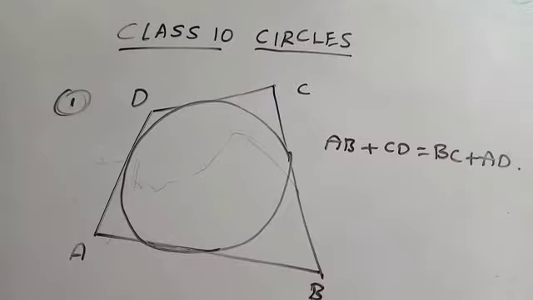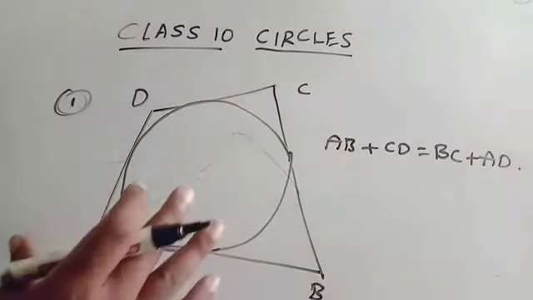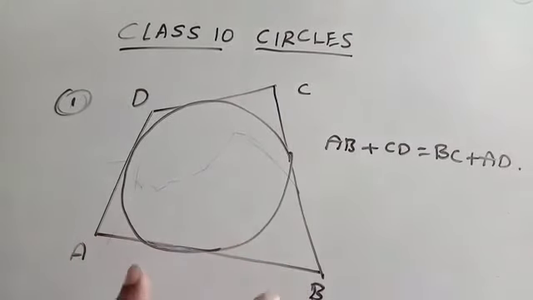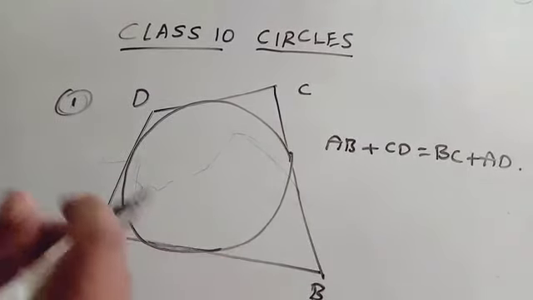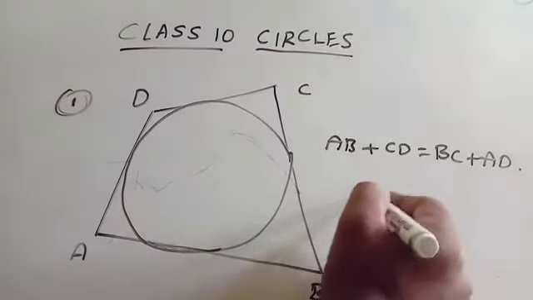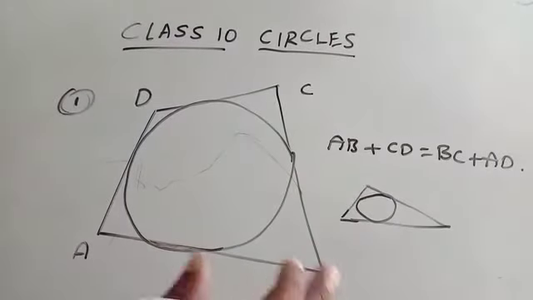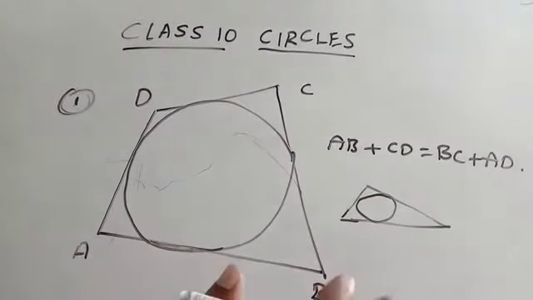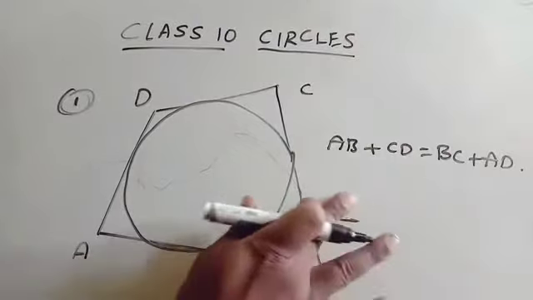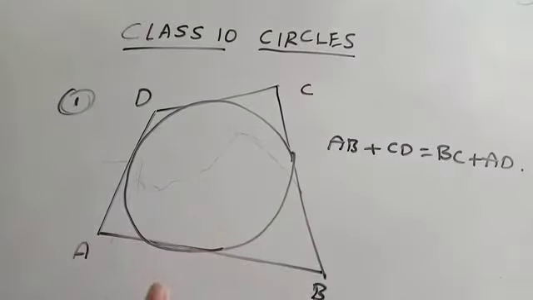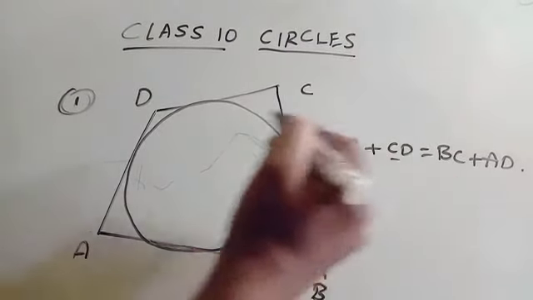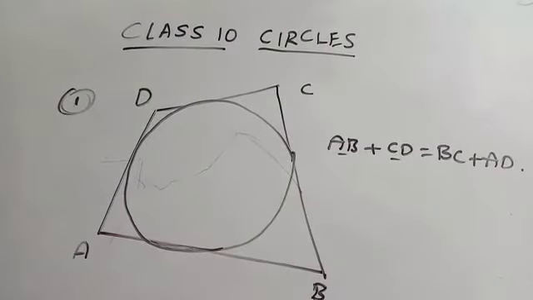Okay, shall I explain? It means that you have to prove that if a quadrilateral is circumscribing a circle... every quadrilateral will not circumscribe a circle, but every triangle circumscribes a circle. For any random triangle you take, there will be a circle which is touching all three sides. It's called an incircle. An incircle will be there for all triangles. But every quadrilateral cannot have a circle touching all the sides. So this is a special quadrilateral. In this special quadrilateral, what is one special property? The sum of opposite sides will be equal. We have to prove that.